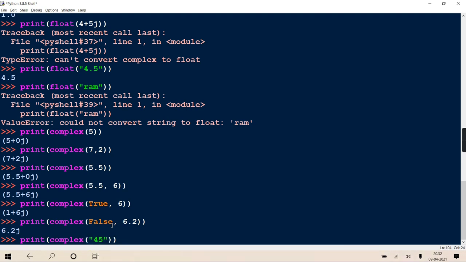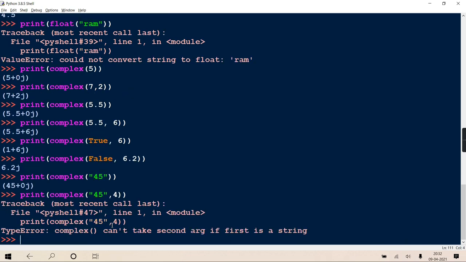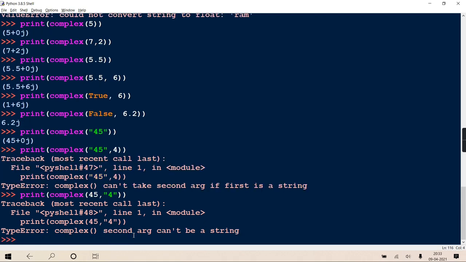See, it is 45 plus 0j. But in this case, if you try to give any other value, it is not allowed. See, it can't take a second argument if the first is a string. Some may ask: if I give the second as a string and the first as an integer, will it work? No. Once any one argument is a string, you cannot use it. The second argument can't be a string either.